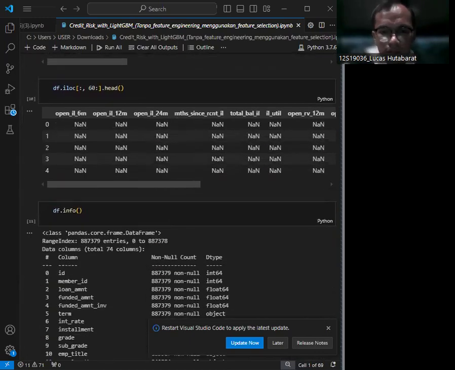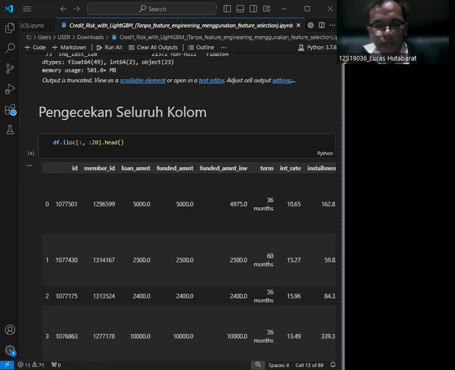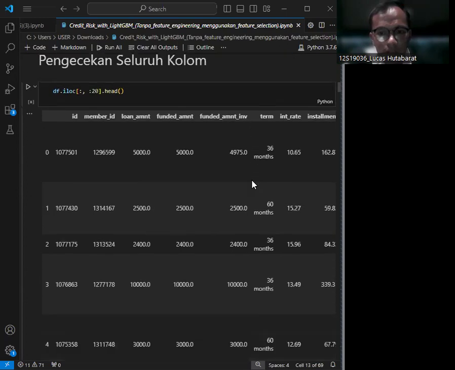Next, we view data samples. We show samples of the dataset from different sections to inspect the data content and structure.